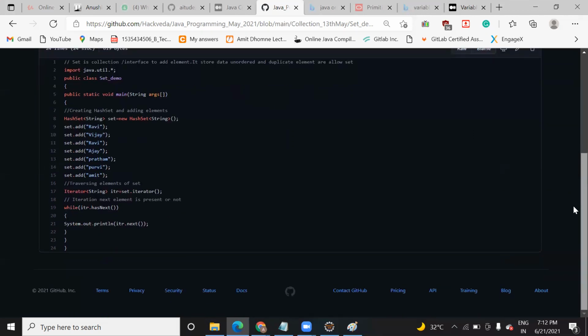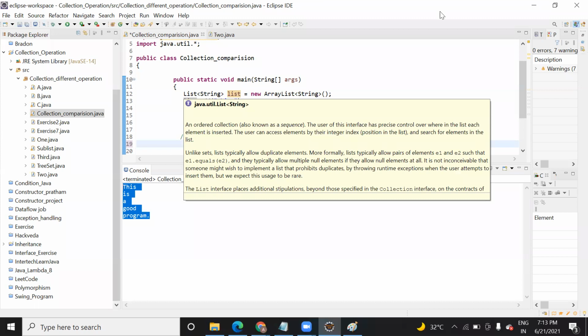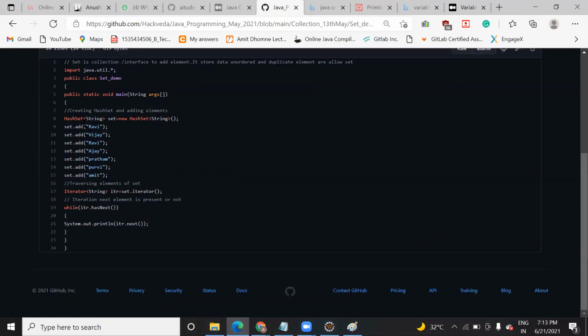So when you run this code, how are you going to edit it? Here it has Set of String, the syntax is exactly the same, only the name will change. Instead of ArrayList, instead of the List, it will be HashSet or TreeSet will come, and the rest is all the same. The functions will remain the same. The thing is that they are going to save the elements in an unordered fashion. This is one thing. Next thing is what?